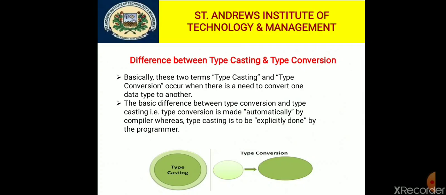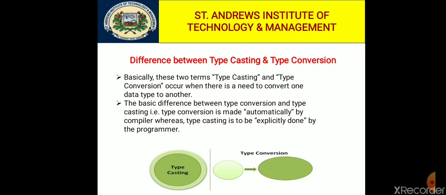When the two types are compatible with each other, the conversion of one type to the other is done automatically by the compiler, and it is type conversion. Where the conversion is automatic by the compiler, it's called type conversion, and if it is converted by the programmer explicitly, that is called typecasting. Let's discuss some basic differences on the basis of meaning, applied operator and size of the data types.